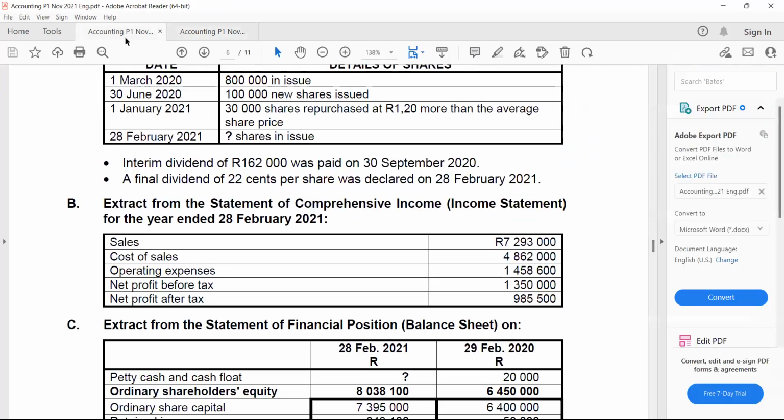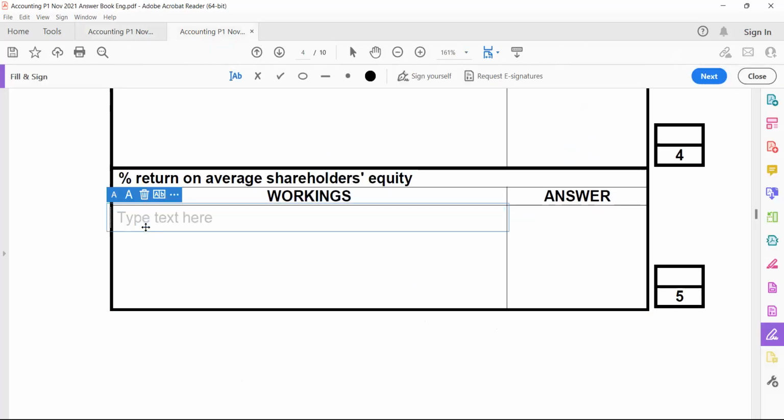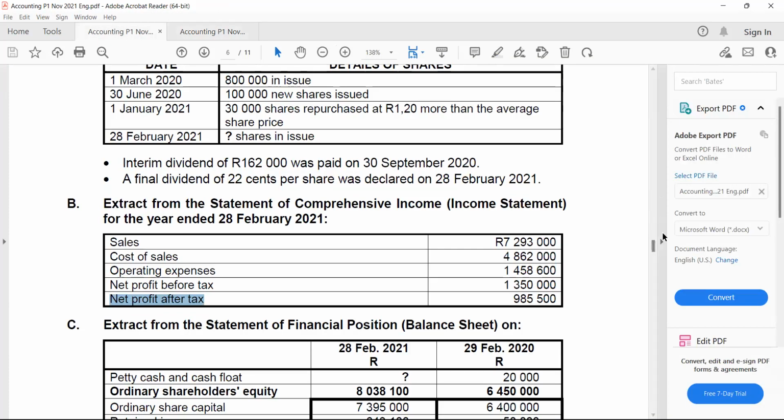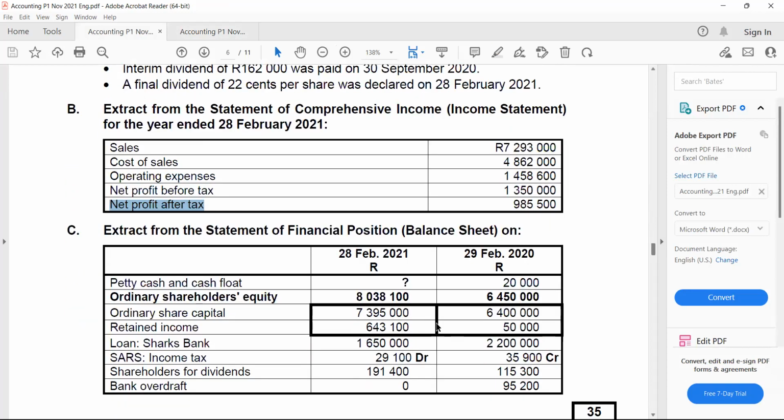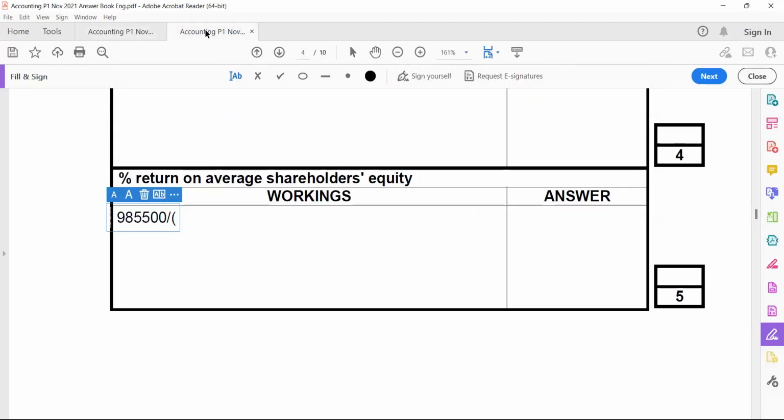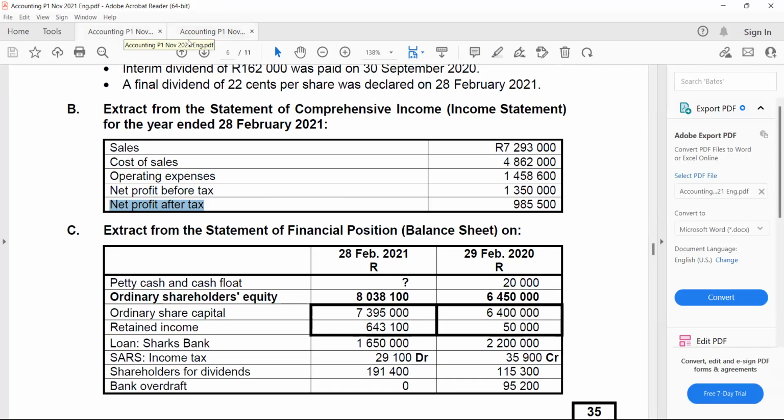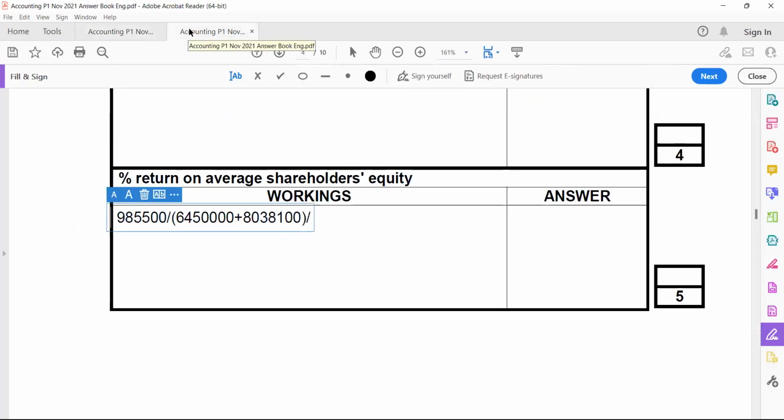So if you look here, the numerator will be net profit after tax of 985,500 divided by average shareholders' equity. That's basically, if you go to your balance sheet, your opening plus closing balance divided by 2. So it'll be 645,000 plus 8,038,100. Just check again. Okay. Divided by 2. That's your denominator. And then you're going to multiply that by 100 because it's a percentage. And you should get